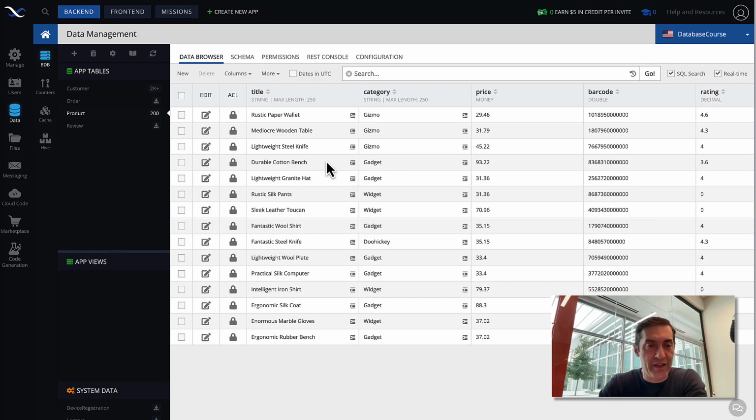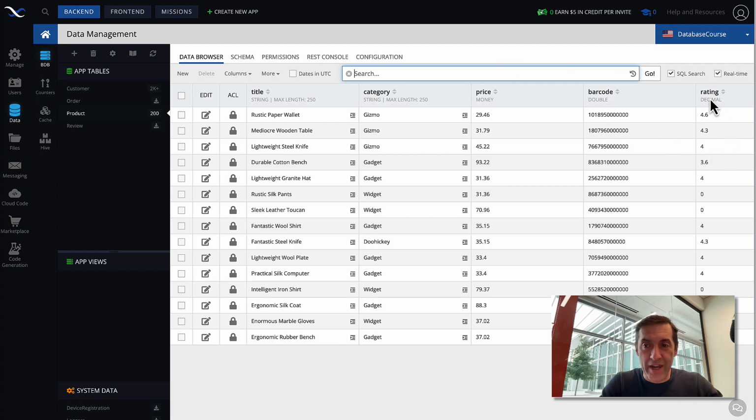So here in Backendless console, there are two different ways that you can run and test your queries. And this is very, very important, and we see a lot of developers don't do it: actually testing your where clause before you start using it in your application. And you can do it here in Data Browser, for instance, and make sure that SQL search is enabled. Whenever it is enabled, then whatever you type in here will be treated as a where clause.